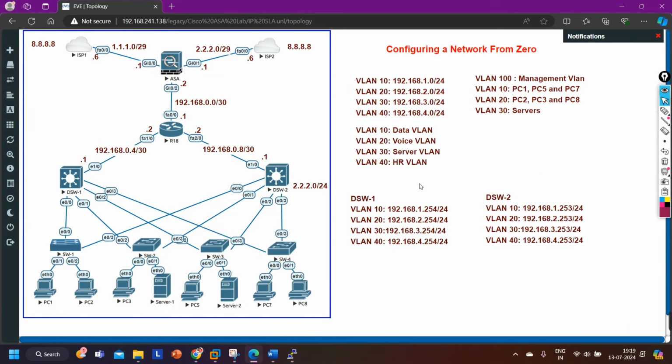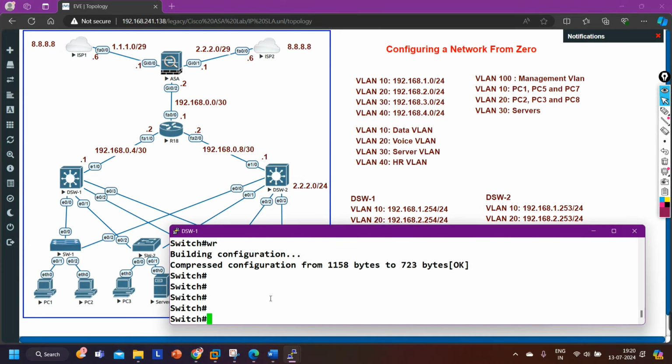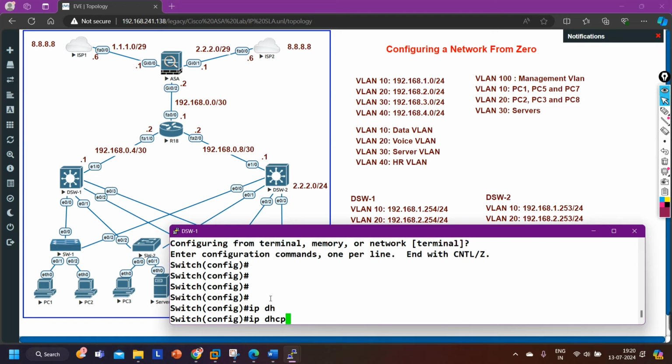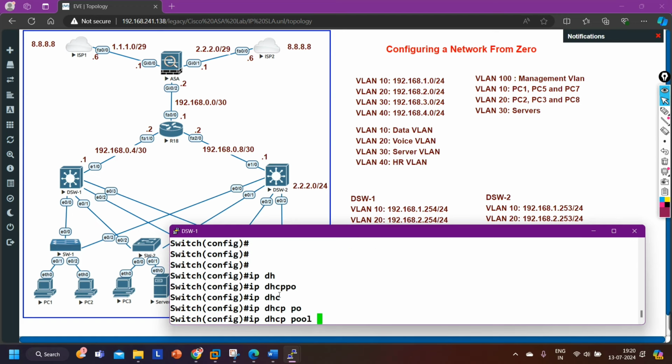Right. So I have configured the SVIs and VLANs on the distribution layer switch. Now I am going to set up DHCP. So let me take you to distribution switch 1 and let me create an IP DHCP pool, let's say for VLAN 10. So VLAN underscore 10, where I am going to define the network